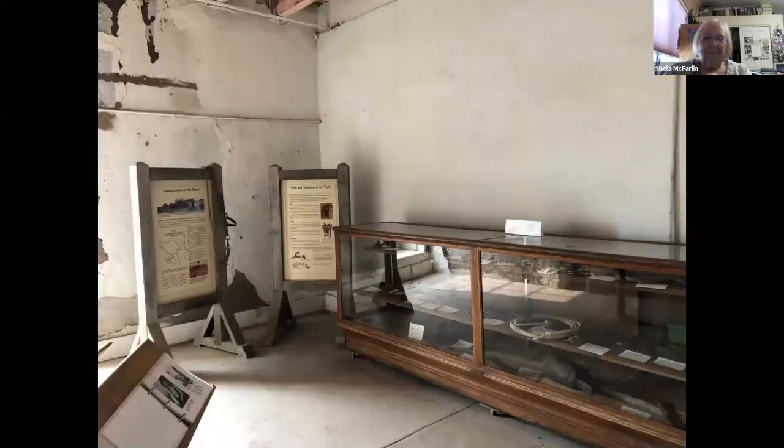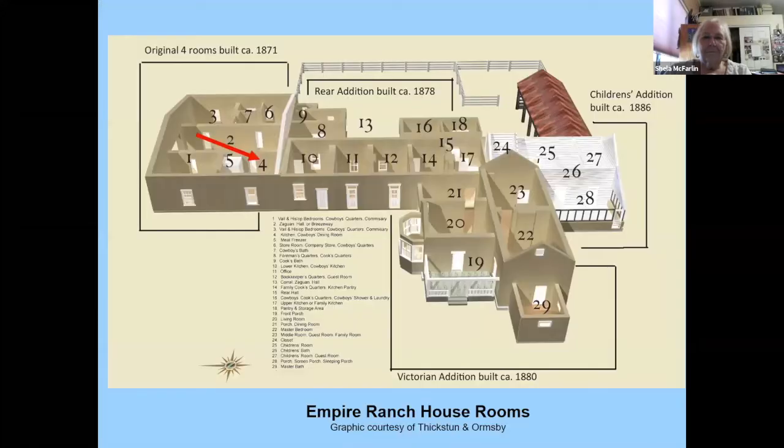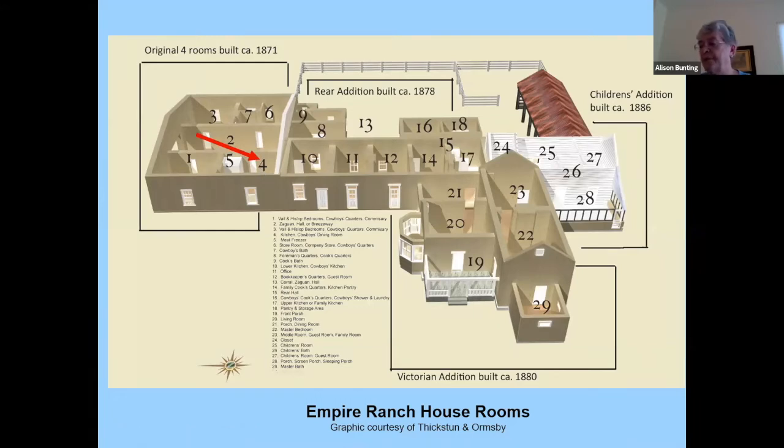The other part of the room houses the rest of the Cowboy Life exhibit, including this wonderful old exhibit case that was originally at the Fairbank General Store. And now we're going to go back across the zaguan into room 4, which was originally used as a kitchen, but it became the dining room for the Vail